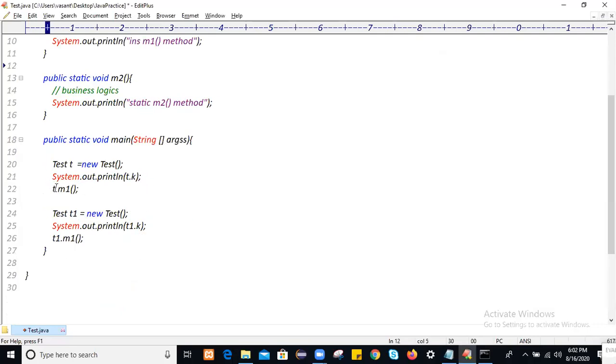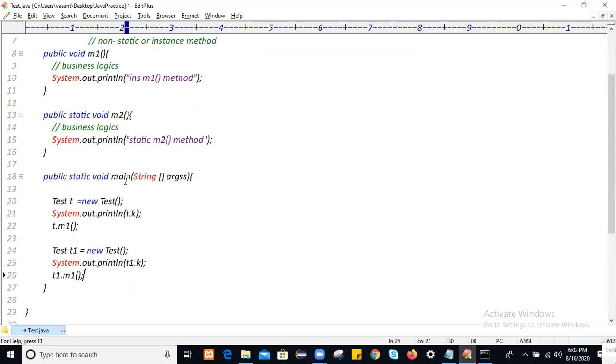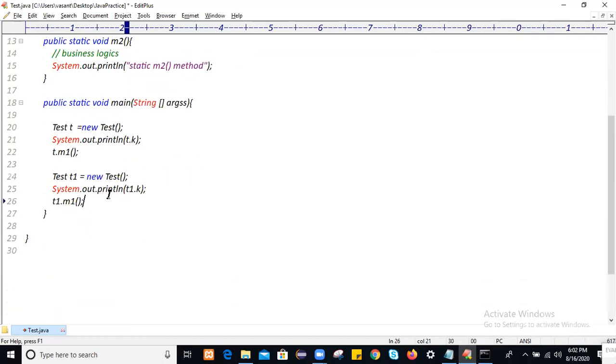So t dot m1, and let me call it. k is the instance variable name. Let me access the static variable also. The static variable you can access by using the class name, test dot i. The static variable name is what? I.